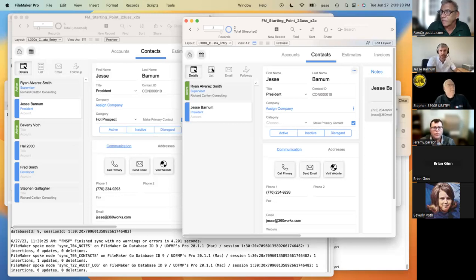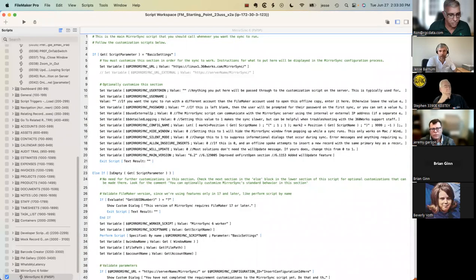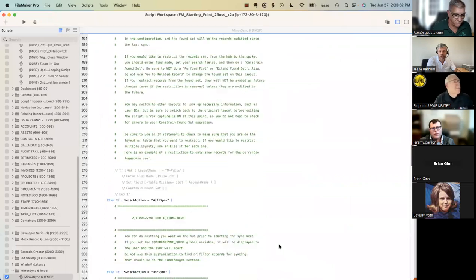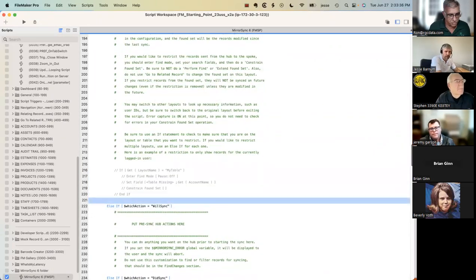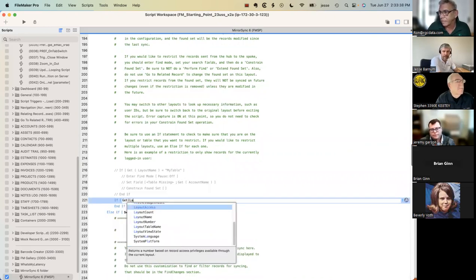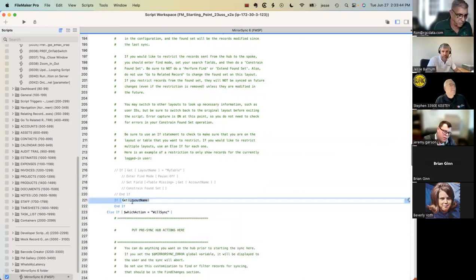This is the part I was showing where I was customizing that MirrorSync 6 script. If you were to go into the script workspace here, down in this section, the find changes, what I would do is I would say, if Get(LayoutName) equals sync